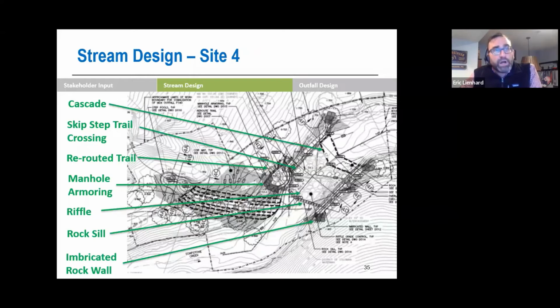Stream design number 4, there's a lot going on in this picture because this site also shares a site with F140. So I'm going to first talk about the asset protection for Site 4, then talk about F-140 and how they're connected, because there's a relationship, right, between the two. So again, we've got the cascades, making sure that we've got safe crossage over the creek, rerouting this trail ever so slightly. Right now, the trail kind of juts away from the manhole. I think that's just because the trail there keeps moving and the rocks in the stream keep moving and everybody's trying to find a good place for their feet to stay dry. But we'll keep these stepping stones so people can keep dry feet during